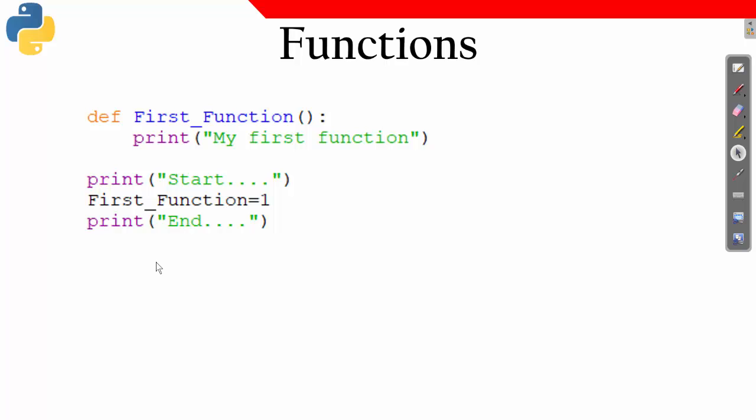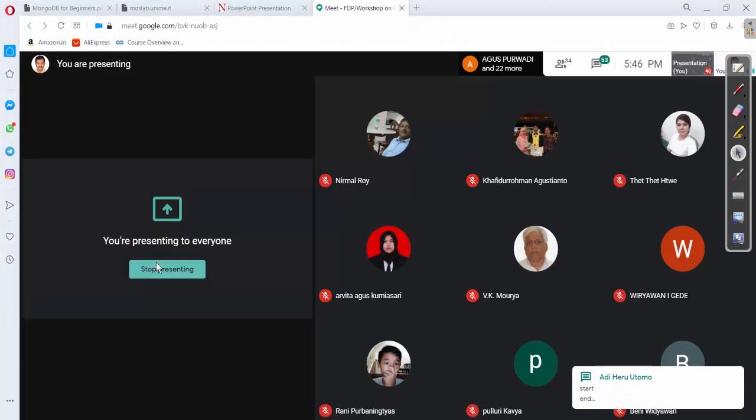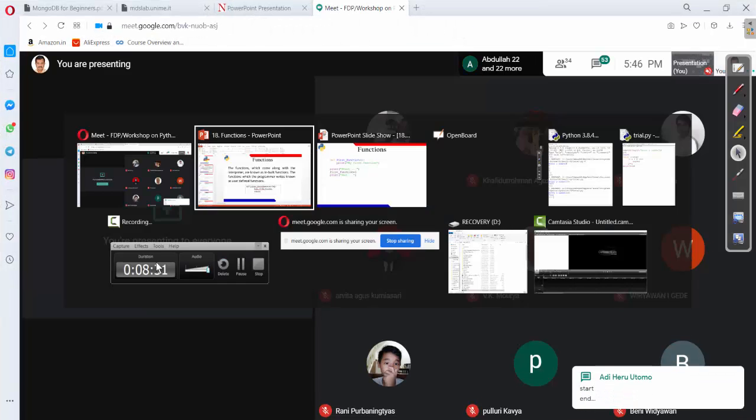I have written print start, then first function equal to 1, and I am printing end. What will be the output? Start and end. Yes, very good.